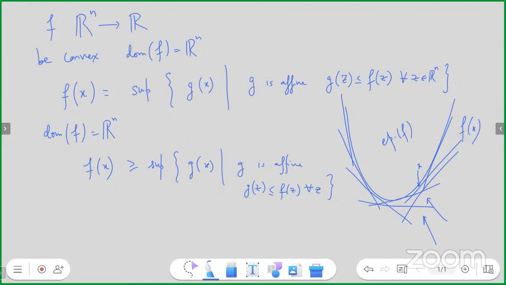We're looking at this point x. So x comma f of x is on the boundary of your epigraph. Everything above is t greater than f of x. So this is my boundary point. What do we know, given that the epigraph is convex, that there is a